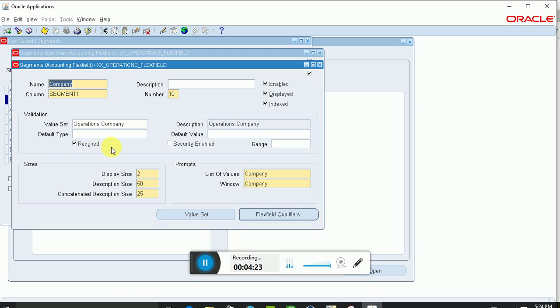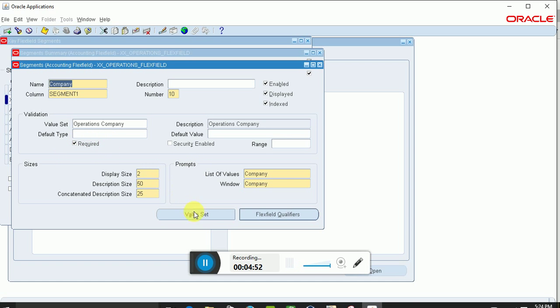For all the accounting flex field segments, we should make them all required. They are not optional. But if you are defining any other flex field which will be used, let's say, as a list of values for descriptive flex fields, you can turn it off, which makes this particular segment value